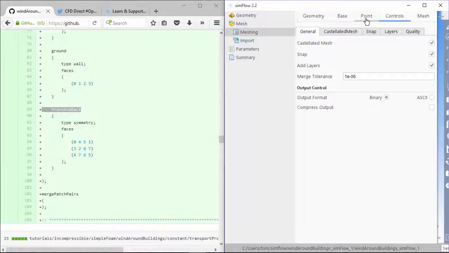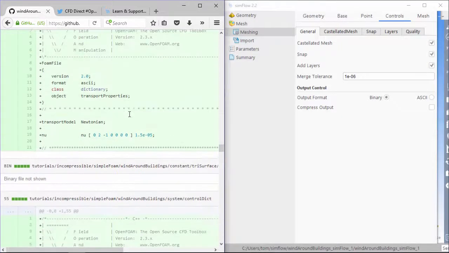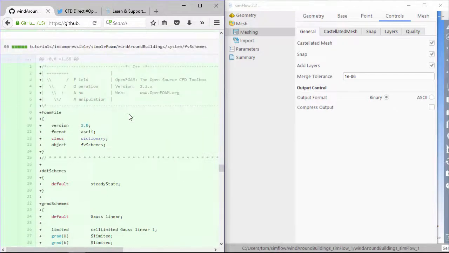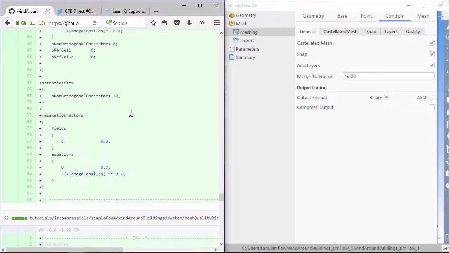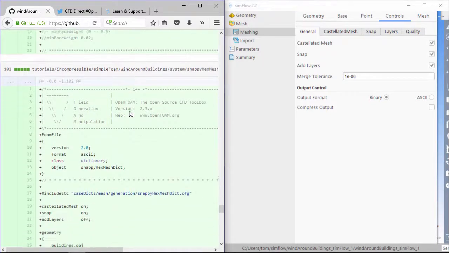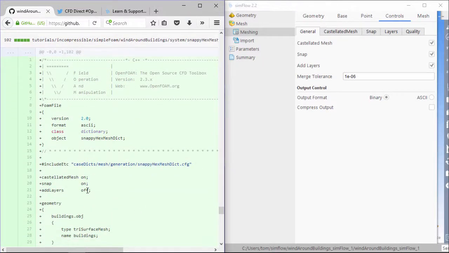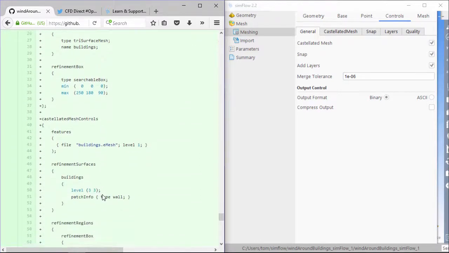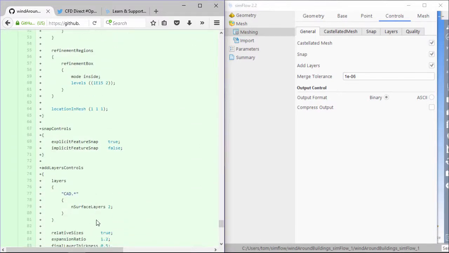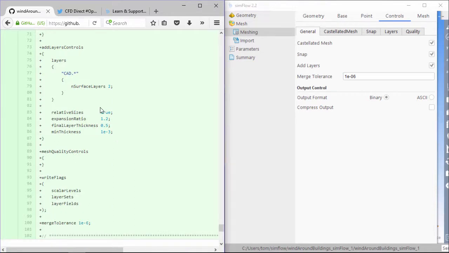Now that's despite the fact that in the case setup, if you scroll to the snappy hex mesh dictionary, you'll see add layers is off. That's a little bit inconsistent with the fact that there are some details about the layers further down the dictionary. So here I want to set the relative sizes to be true,